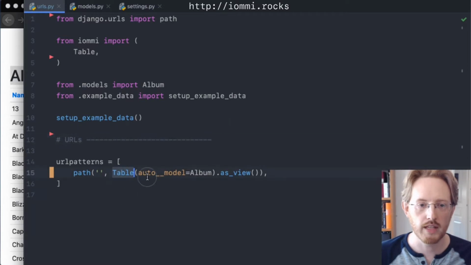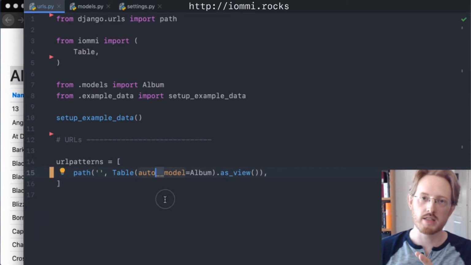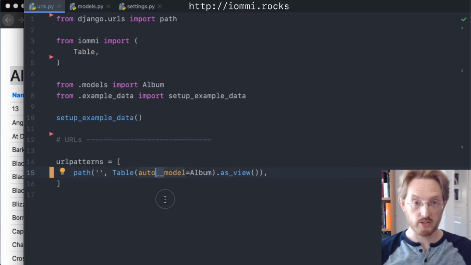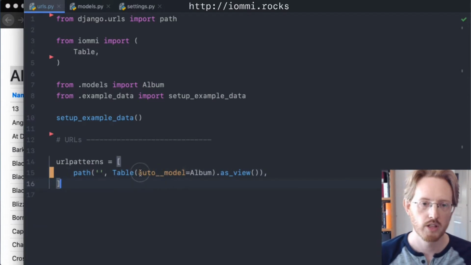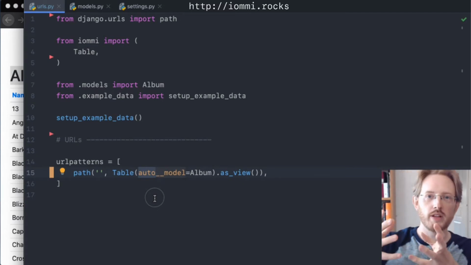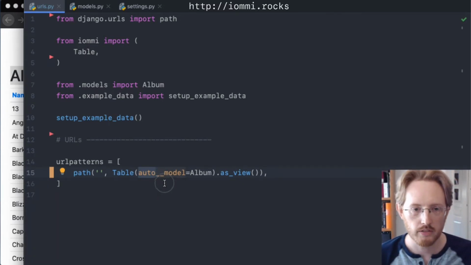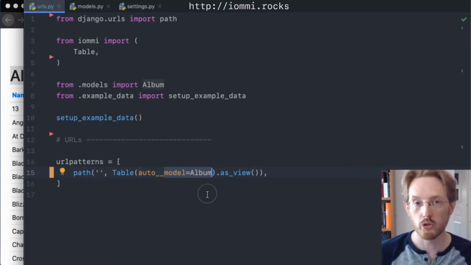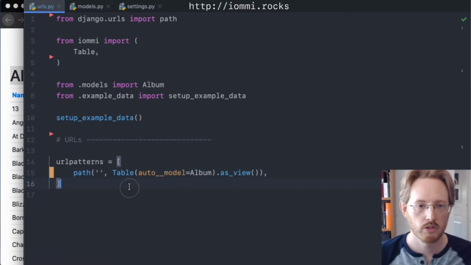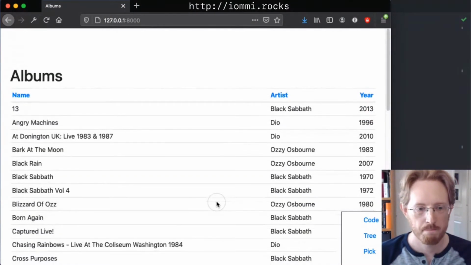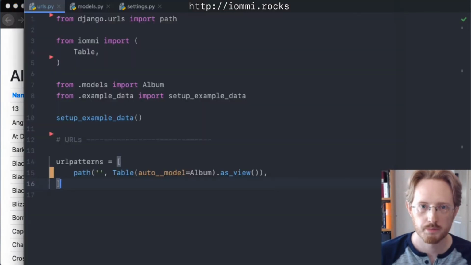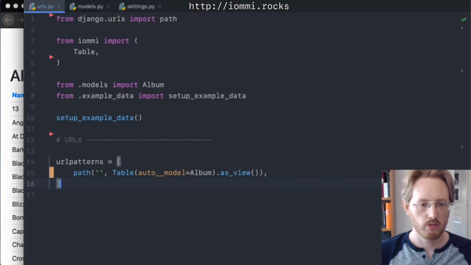So it's going to create a table, and there's an auto namespace here. We use the same double underscore syntax for separating namespaces as Django query sets, but in Iommi it's a much bigger, more fundamental concept. You're going to see a lot more of that. So in this case, there's a configuration thing, which means auto-generate a table based on some things. In our case, we want to just pass it the model album and then asView. So that's one line of definition, and you get the table. So that's nice and all,